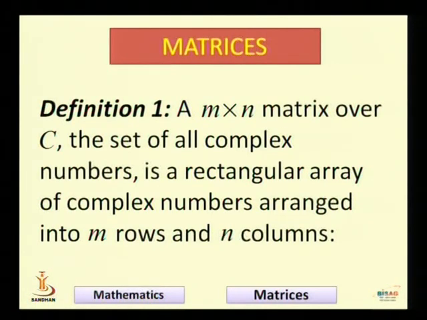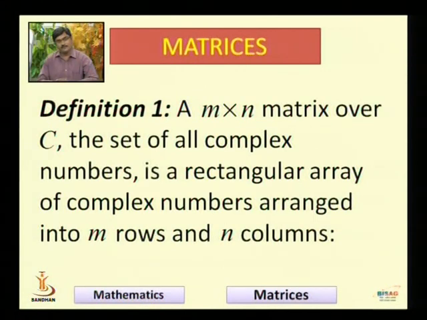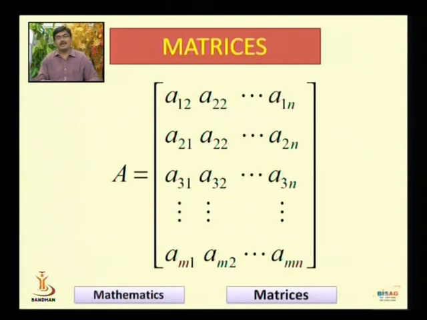So now we start with the first definition, and that is what is a matrix. So technically a matrix is a rectangular array of numbers. We are talking about matrices over the field of complex numbers. So the numbers are the entries. So let us look into the definition of an m by n matrix. It is read m by n. So an m by n matrix over the set of complex numbers is a rectangular array of complex numbers. Mind you, it is arranged into m rows and n columns.